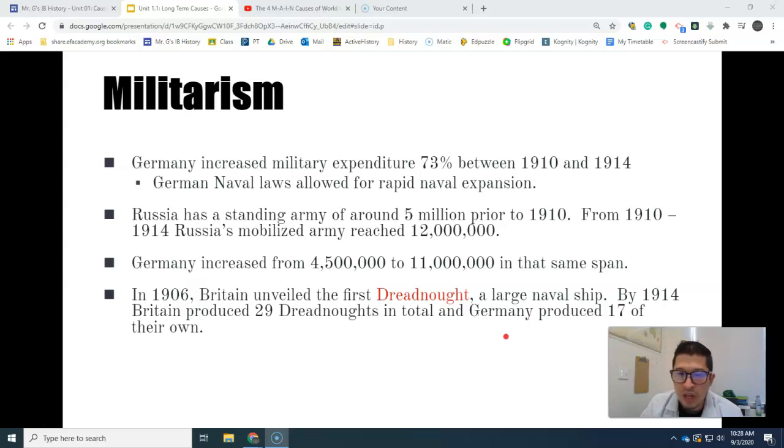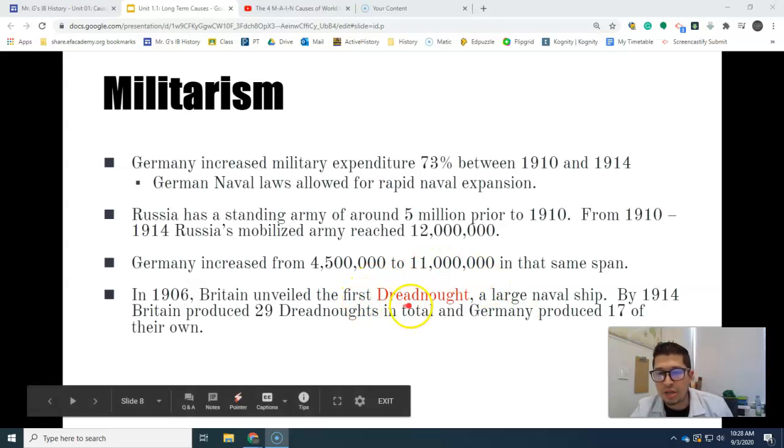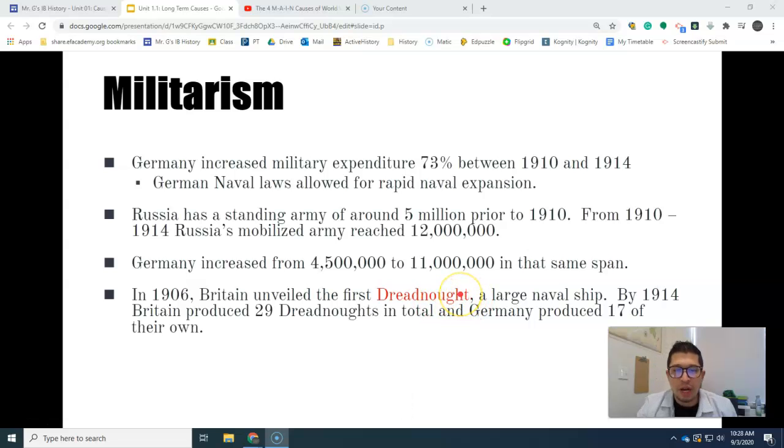We have proof. Another one, and this is going to be very special, which is why I highlighted it in red, and you guys are going to do an activity with this very soon. In 1906, England unveiled the Dreadnought, right? The Dreadnought is the biggest, most advanced ship in the water at the time. When they unveiled it, every other country in the world goes, oh man, that's what we have to compete with, right? That unveiling of new technology is going to give a start to what we call the arms race,